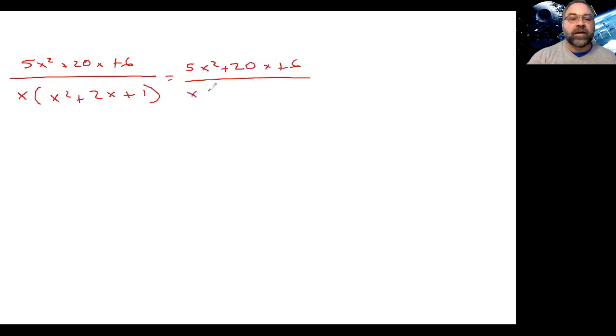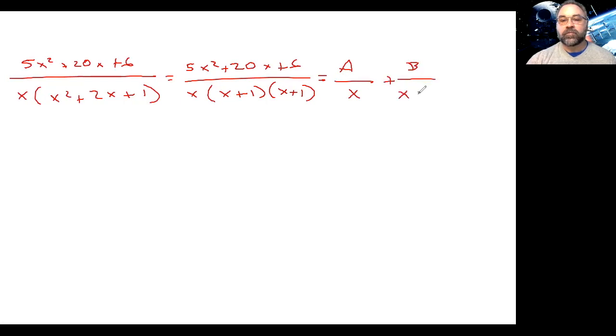But you can see it's actually a repeated factor there. Okay, and so when we have the repeated linear factor like this, we're going to do a slightly different partial fraction decomposition here. What we're going to do, say, okay, well, obviously we have an A over x because there's just a plain old x term. There's obviously x plus 1. But because it's a repeated factor, x plus 1 quantity squared,